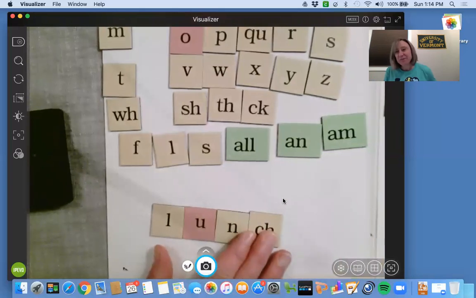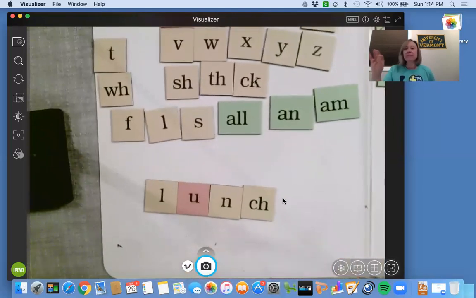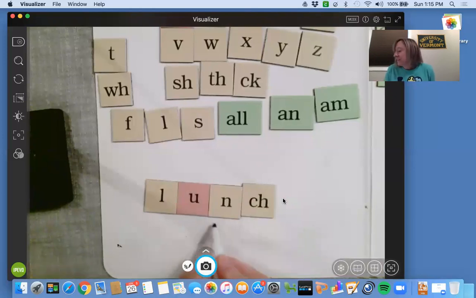Do you see the digraph in this word? Right there, ch at the end of the word. Let's tap it. Ooh, ch, lunch. Did you notice that that received 4 taps? Watch again. Ooh, ch, lunch. 4 taps. So how we mark up a digraph blend is we underline